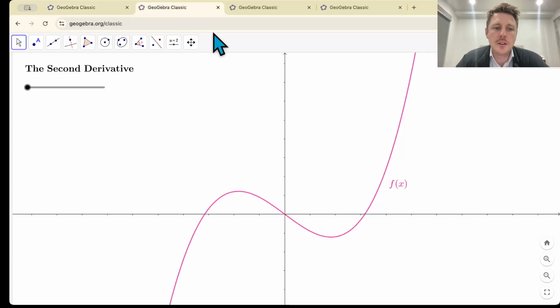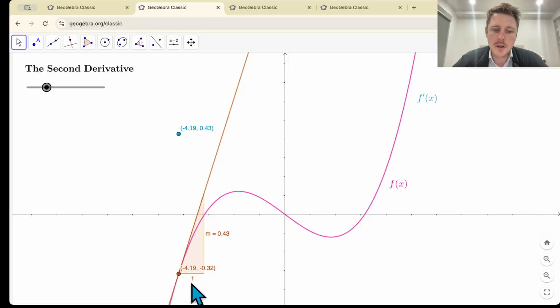Let's just talk about the big idea of the second derivative. I don't think it's too tricky if you understand how the first derivative is calculated, but just as a reminder, let's imagine we've got some function f of x. And remember that the derivative is basically graphing the slope of a tangent line for all the same x values. So for example, if we've got this orange tangent, you can see at the x value of negative 4.19, the gradient is 0.43. And then so this point here corresponds to